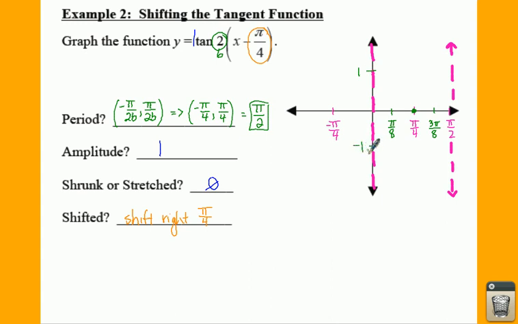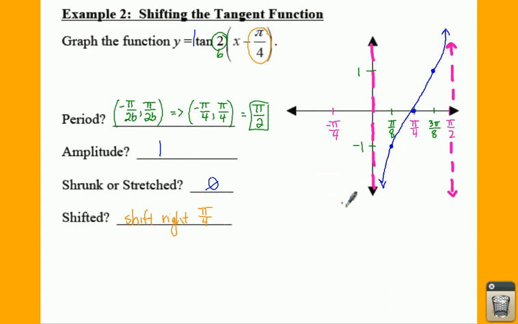Amplitude is still at 1. So what we're going to do is we're going to have our graph in the middle. We have this point. Halfway in between pi over 4 and pi over 2 is a 3 pi over 8. So we're going to go up a distance of 1 right here. So that's what we did on the last graph. And halfway between 0 and pi over 4 is a pi over 8. We're going to go down 1. So our graph is still going to follow this little S kind of shape. Go up